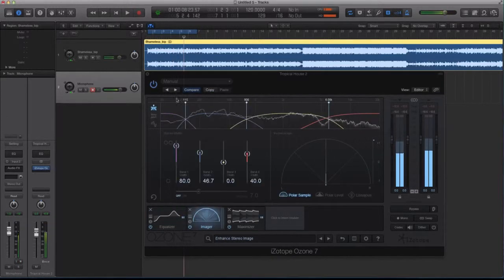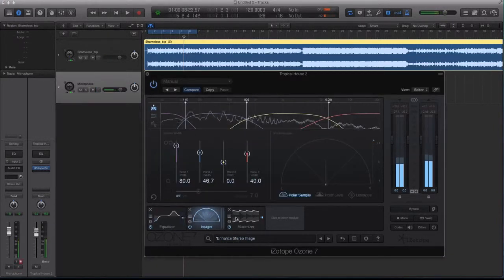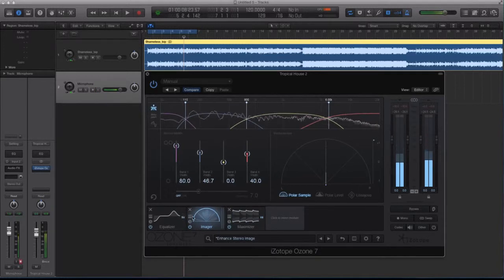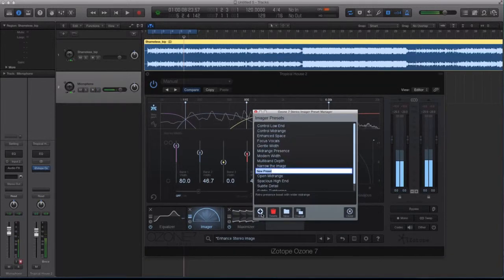Okay, I like a combination of A and C. So let me see what's going on with A and C. So here is C. And there's what's going on with the EQ. The imager, I like that. That's pretty cool. And there's the maximizer. So let's actually go and save this preset. I'm going to hit add, and I'll call this